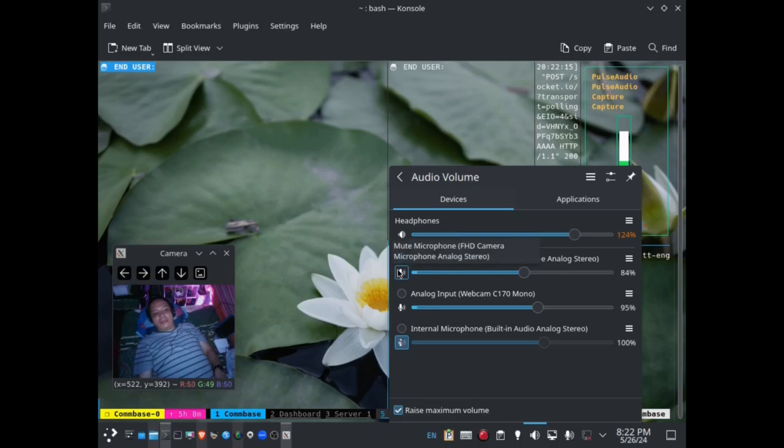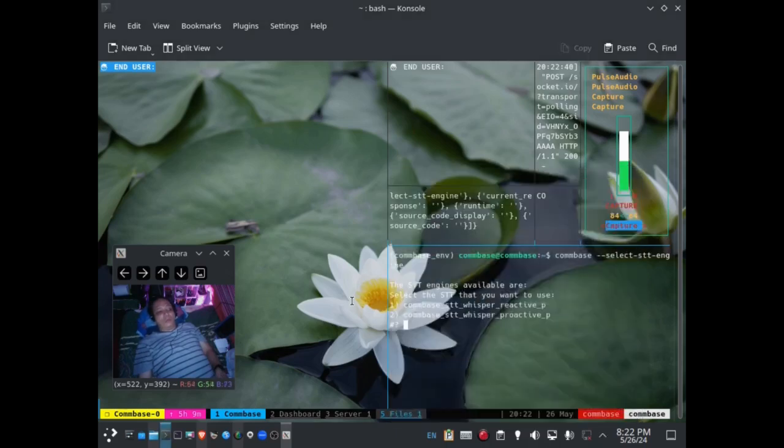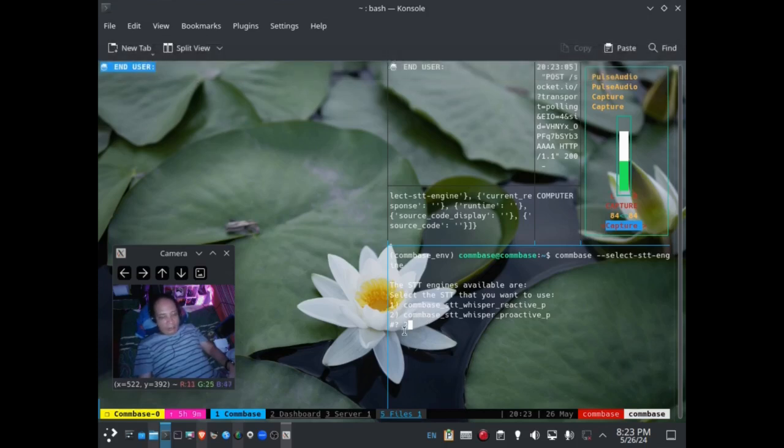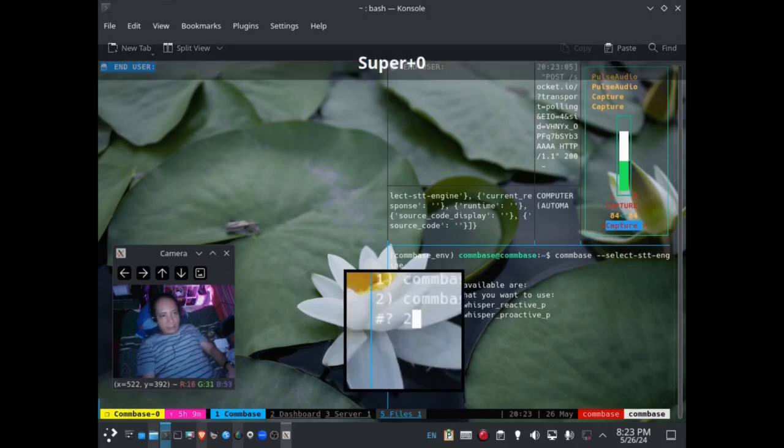Alright, for example, with the STT called Proactive, you can decrease the microphone's level, right? And mute it. The idea is that if it stops listening, it's going to process. So it works differently compared to the opposite, the reactive. So I'm gonna choose 2 for proactive, right? Here.